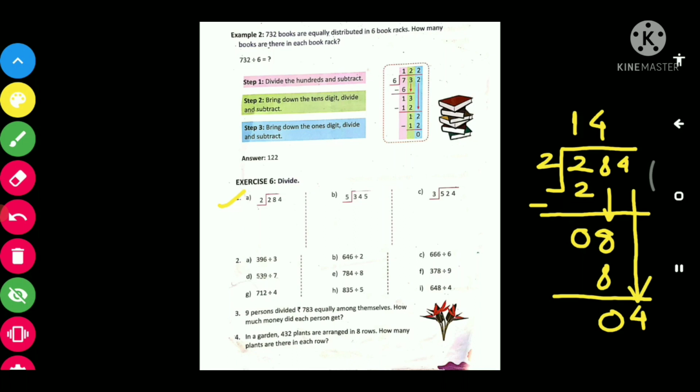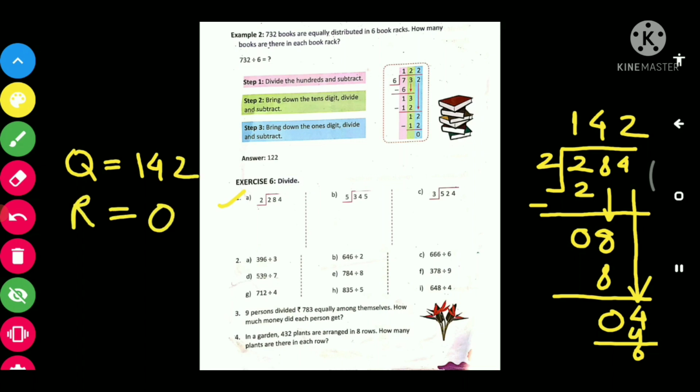Okay, so now in the multiplication table of 2, 4 is there or not? Yes, it is, right? So 2 2s are 4. Now we got 0, so the remainder is less than the divisor, that means our division is completed. So now our quotient is 142, and our remainder is 0. Okay,